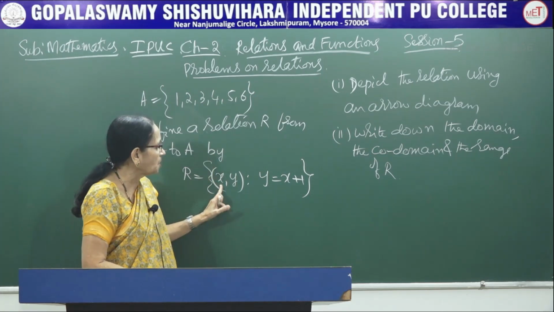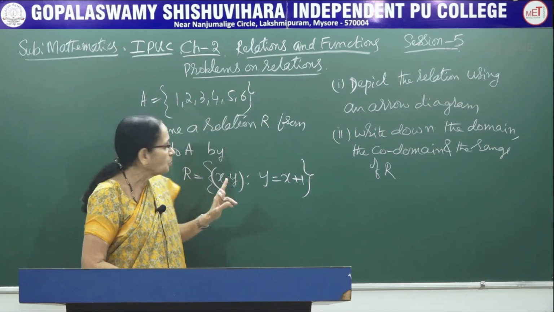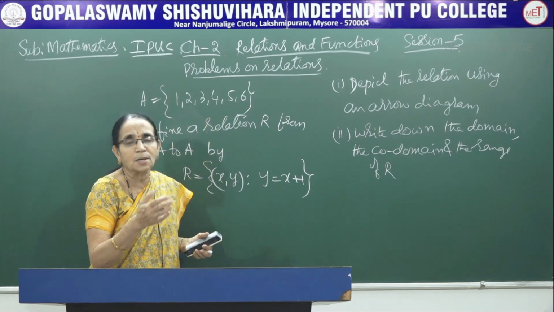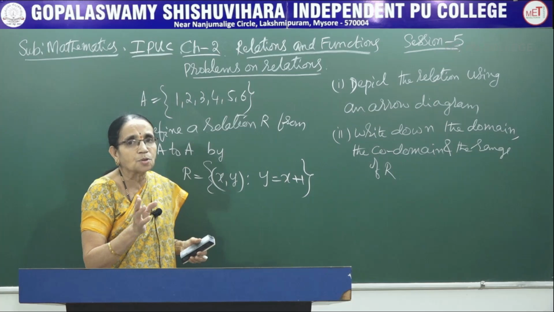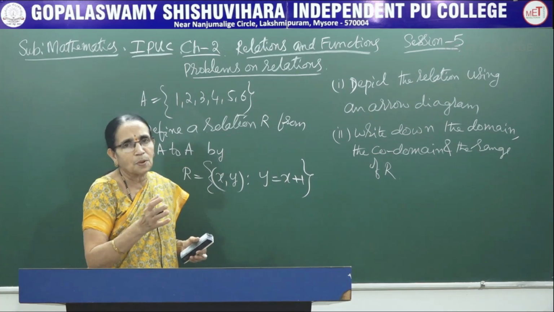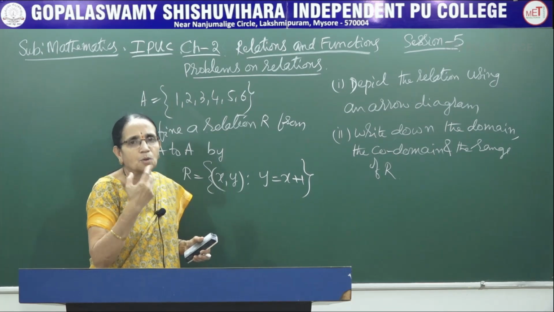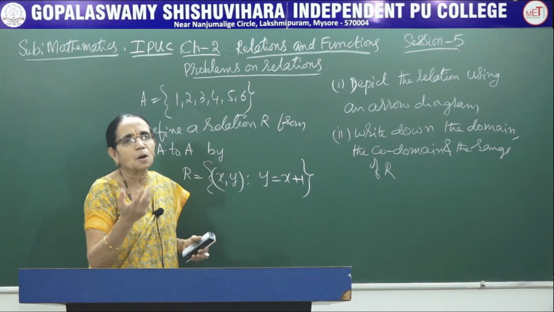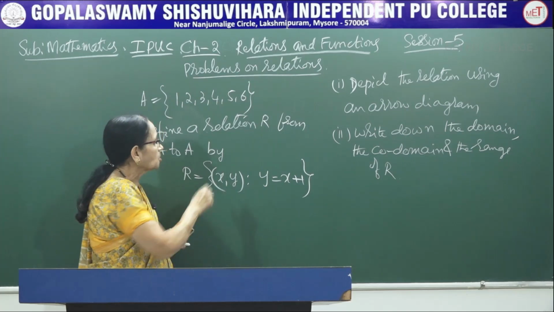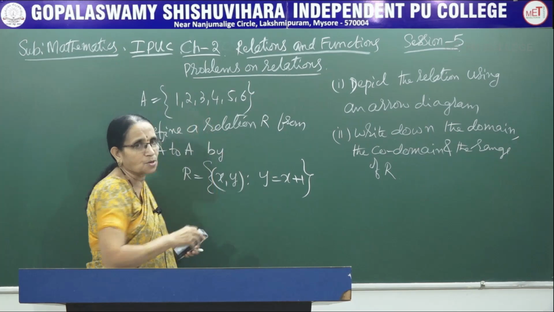It contains ordered pairs x comma y. Of course, because there is only one set here, both x and y would be taken from the same set. Suppose we had two sets. While giving the definition, I had considered two sets A and B. A was the first set, B was the second set. So ordered pairs were taken from the Cartesian product A comma B. The first element belonged to the first set, the second element belonged to the second set. Whereas here there is only one set given in this problem, so both x and y would be taken from the set A itself.